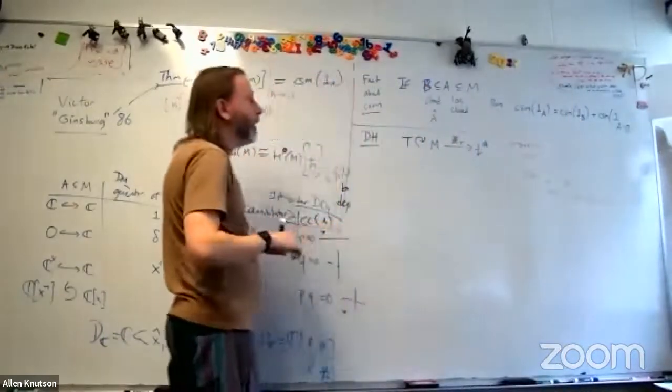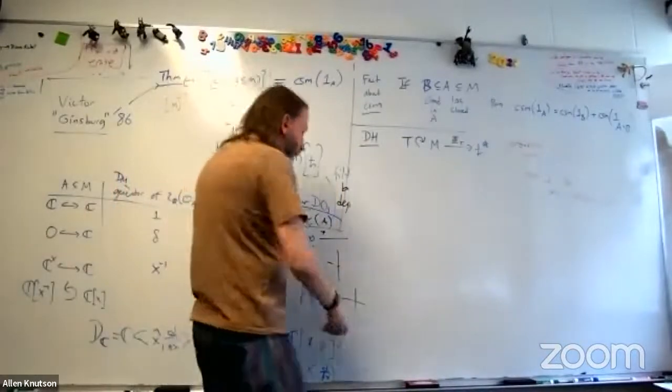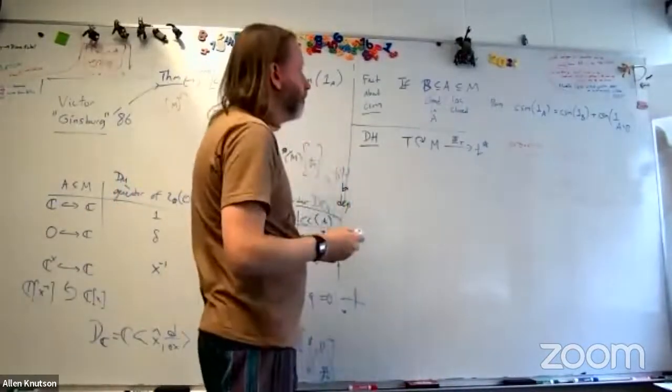So given any isotropy weight, we flip it to be positive with respect to